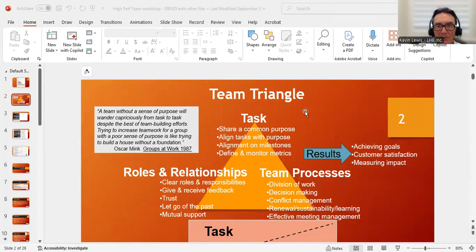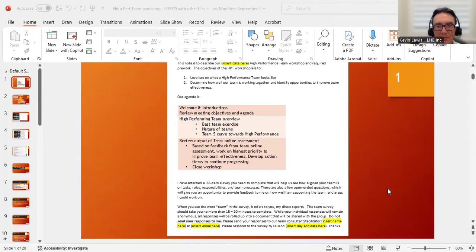Something really important here is to let them know that when they answer the survey, there's an assessment that goes out that is going to be shared with everybody. So it's anonymous, you don't know who said what, but it's not confidential because it's going to be projected up on the screen in the workshop. Just make sure people realize that, and take a look at this Word document. It's very straightforward. It has a little screenshot of the agenda and explains what you're trying to do.